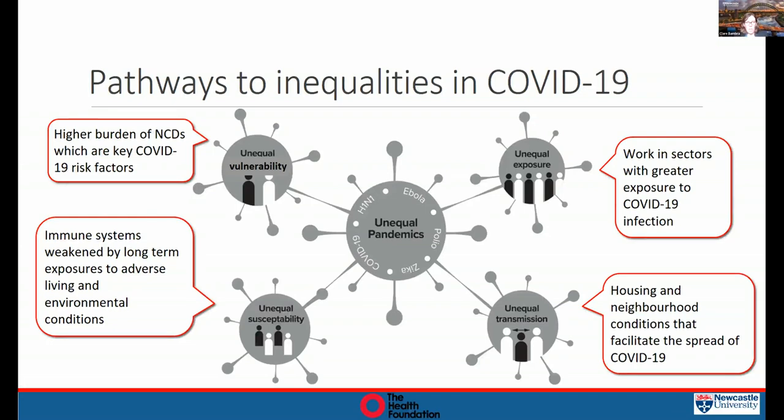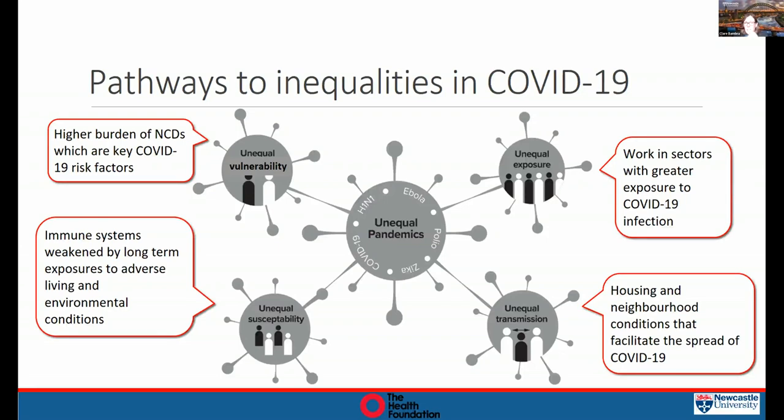The third pathway is around what happens when someone gets COVID-19 in terms of the likely outcomes. And here we talk about the idea of susceptibility. So you become a case, but your outcome, whether it's mortality, a recovery, or long COVID, can be shaped by long-term adverse exposure to previous living and environmental conditions. So for this, we're drawing on some of the data, an analysis that's been done, for example, around seasonal flu and how people are more prone to having more severe symptoms, potentially through psychosocial pathways.